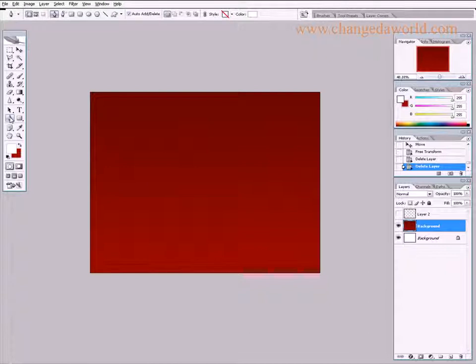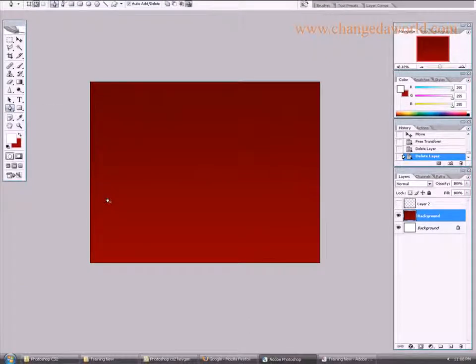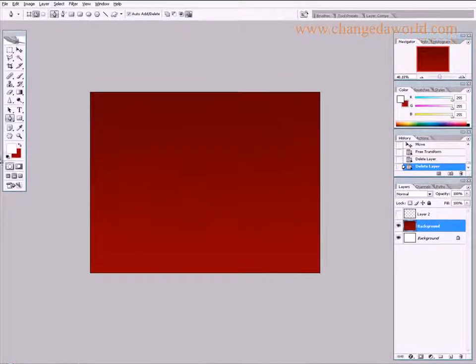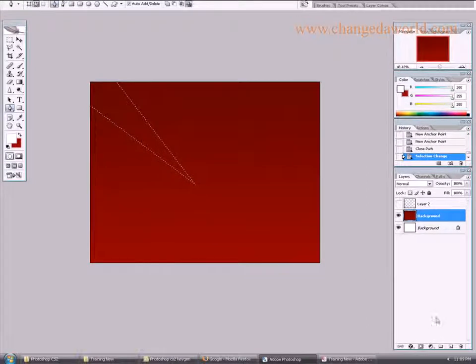Let's use the pen tool and let's select this option. Alright, now let us make a selection. Okay, and then press Ctrl Enter. That would make a selection. Press Ctrl and Enter on the keyboard. It would make a selection. Let me create a new layer, and then let me